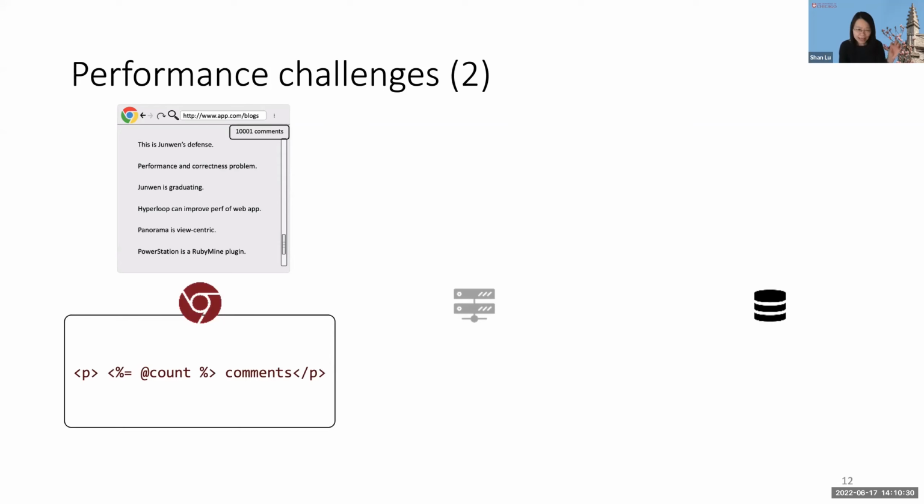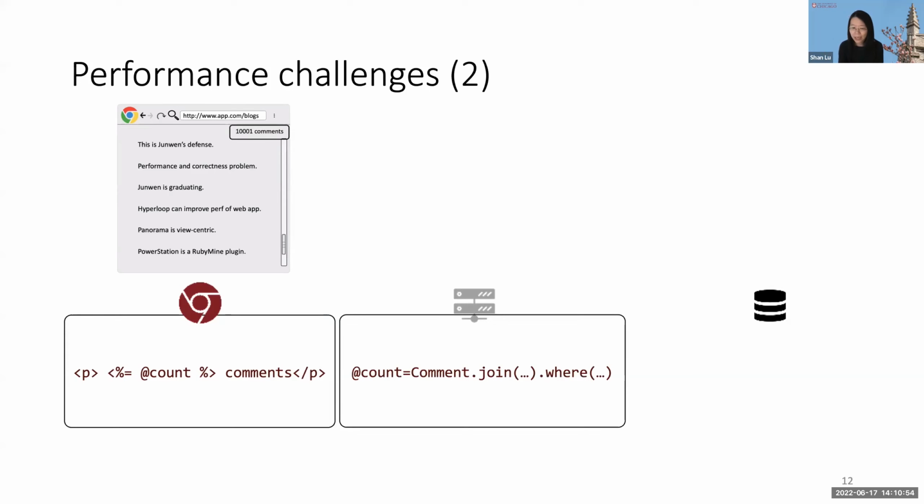Like the exact, for this toy example, if you look at the HTML file, you just see that, oh, here, I have this P /P indicating an HTML element, and I'm just showing comments. And how do I get the number? Oh, it's from a variable count, right? You look at this file, you have no idea what's the cost to generate this variable count. And if you're able to track it back to the application, you will see that, oh, there's a